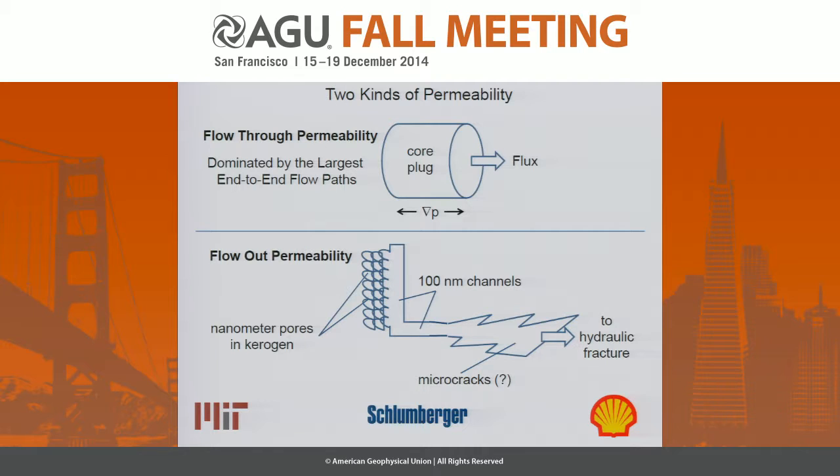So when we measure permeability in the lab, which we generally do by taking a chunk of rock, cutting it into a circular cylinder, applying a pressure gradient and measuring the flux, I can assure you that will be dominated by the largest end-to-end flow paths, namely those 10 to 100 nanometer pores that we see in the scanning electron microscope and by other means. And it's not going to be affected by the sub-nanopores, those pore spaces are simply too small to transmit